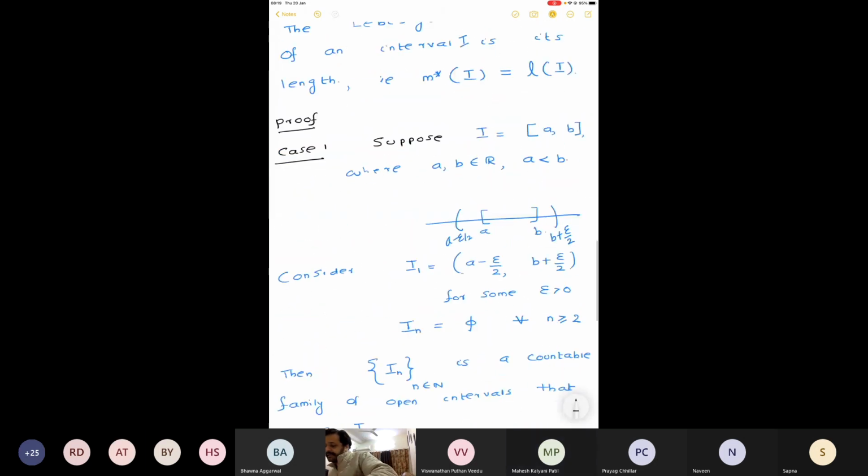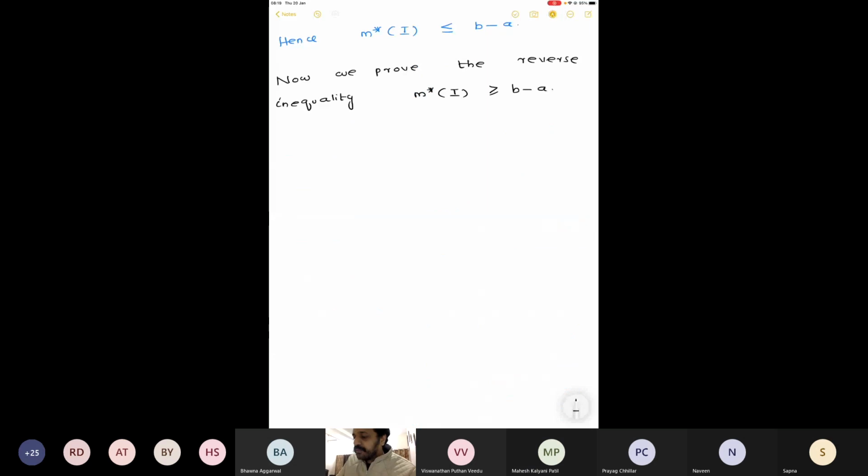So let me write that. It is enough to prove that summation n equal to 1 to infinity of L of In is greater than or equal to B minus A